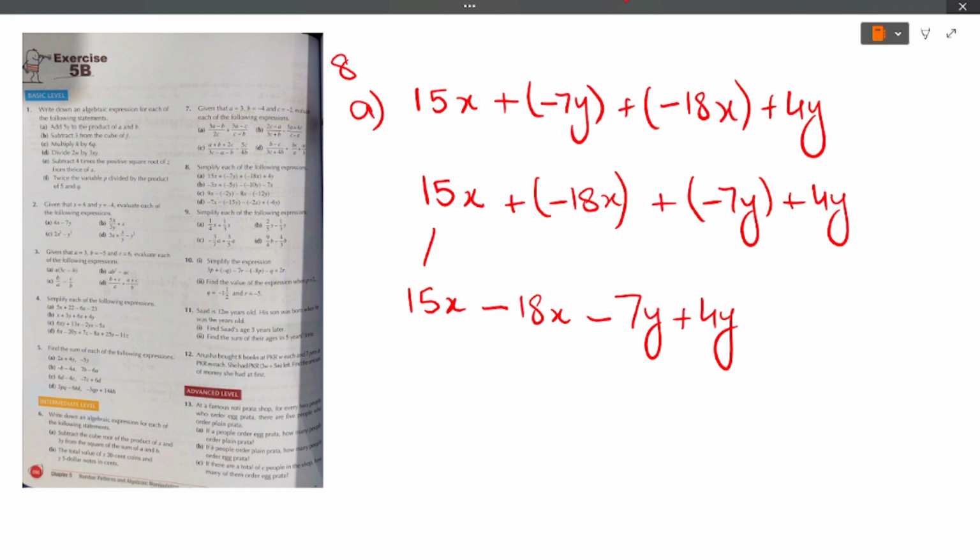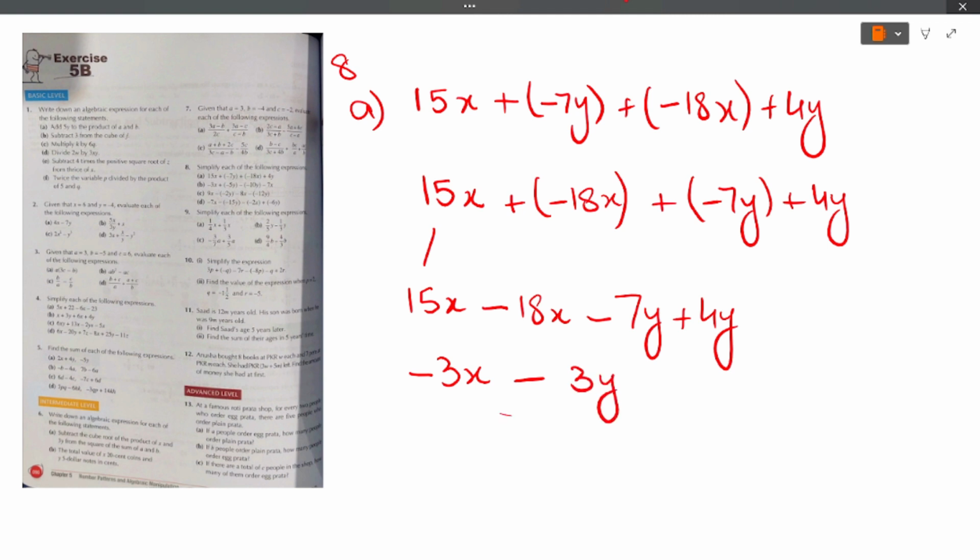So 15x minus 18x, what will be the answer? Minus 3x. As you know, one value is of positive sign and one is of negative sign. So we are going to do subtraction, but we have to apply the sign. We have to write the sign of the bigger value. So the bigger value is 18 here. So I'm writing minus 3x. Then which one is the bigger value here? 7 or 4? 7. So I'm going to write minus here, and 7 minus 4 will be